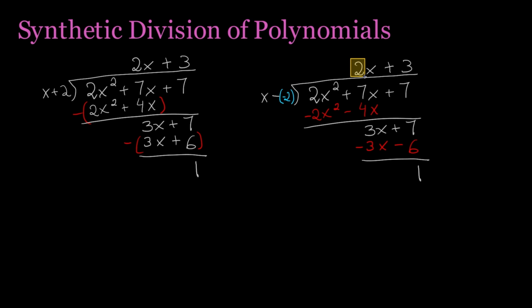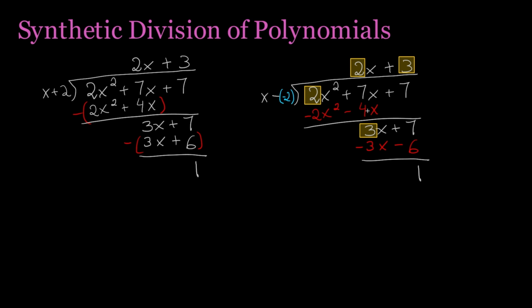Now notice that this first coefficient of the quotient, 2, simply was the original leading coefficient of the dividend, since we were dividing just by x, so 2 over 1 was 2. And then the 3, the constant term of the quotient, was the leading coefficient of that other dividend that we